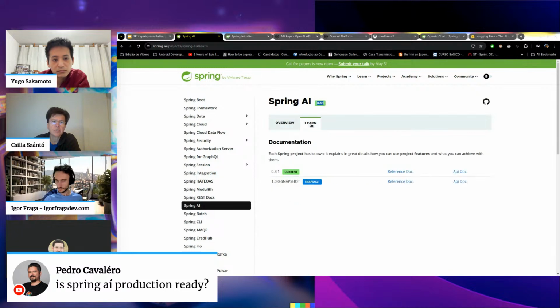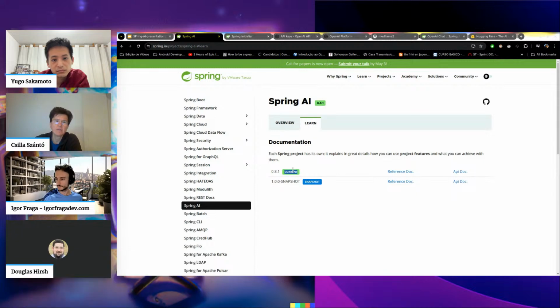It will be production, I think, because it's 0.8.1, and I just looked into GitHub, and they said in the POM it's already 1.0.0 snapshot. So it's coming soon, I guess. So they are preparing for that, pointing the 1.0.0 to be the production version, right, Celia? I think that will be the production version.